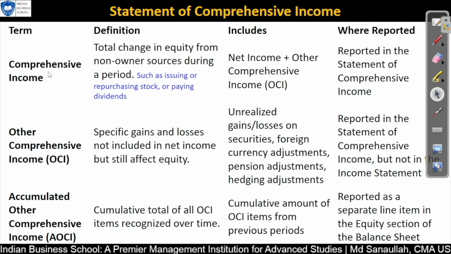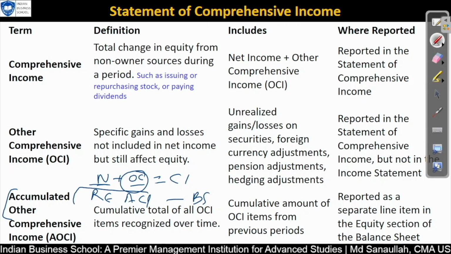Comprehensive income includes your other comprehensive income. Other comprehensive income is just the changes between two periods with regard to all those 5 transactions which I mentioned before. Accumulated comprehensive income is your total changes: net income, then OCI, then comprehensive income. These OCI related changes will go to your accumulated other comprehensive income, and net income related changes will go to retained earnings on your balance sheet. So these are your balance sheet items, this one also.